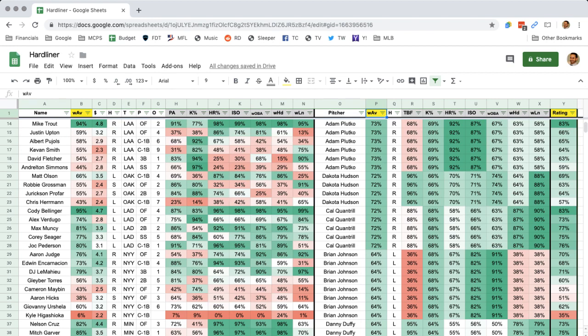Dakota Hudson, he's targetable with opposing lefties. Matt Olson certainly is someone you could look at. But Grossman, Profar, Herman, nah, not that interested. Sorry. Grossman, though, definitely can hit some line drives there. Doesn't strike out at all. And has a 91% weighted line. So that's something to keep in mind. And Dakota Hudson has a really high weighted line. So Robbie Grossman at 2,400, projected to bat second. That's interesting.